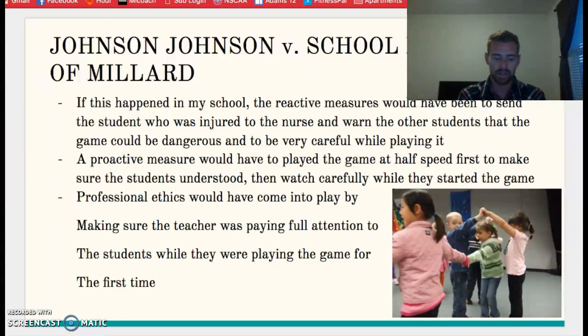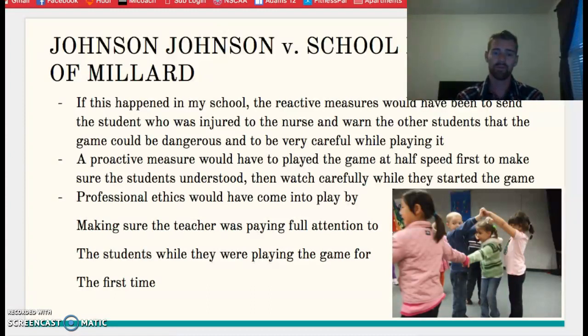In this case, Johnson was the first student to go and get caught in the bridge. The kids swung him too hard into a bookshelf, and he cut his face right over his right eye. And while this was happening, the teacher, Patton, was up in the front of the classroom writing on a blackboard instead of watching. And in this case, the court ruled in favor of Johnson, saying that the teacher was negligent by not being diligent in their supervision and teaching the game correctly.